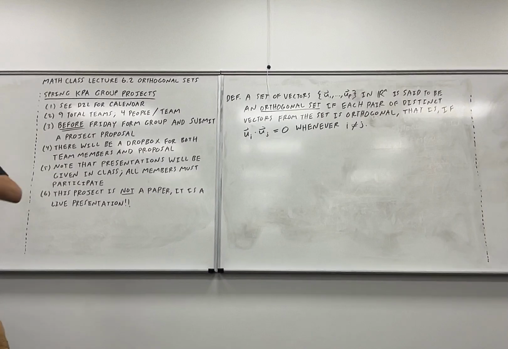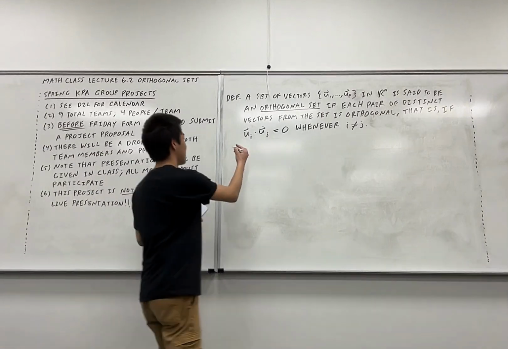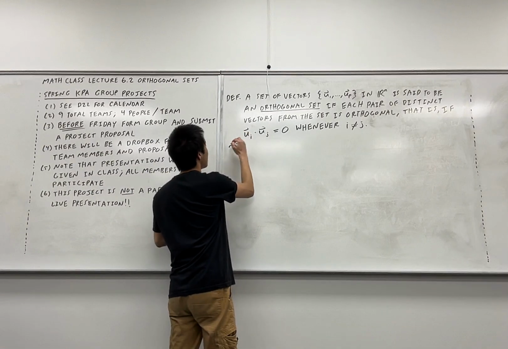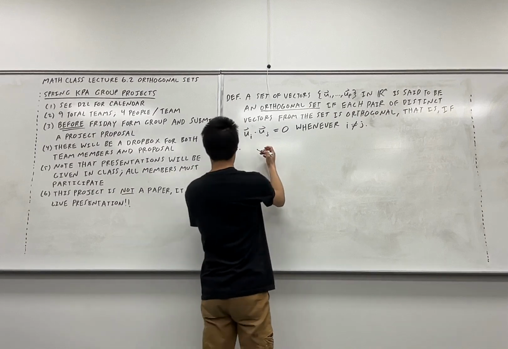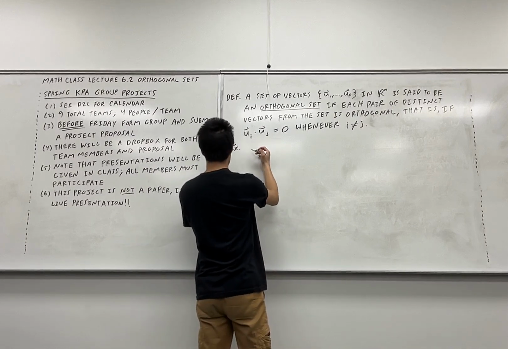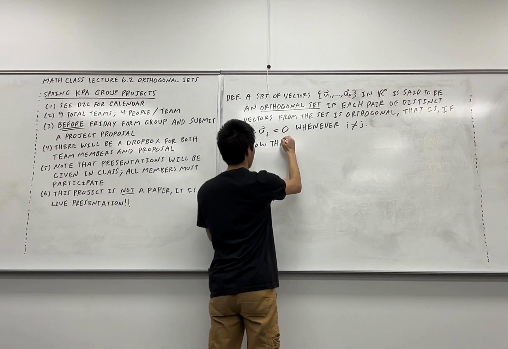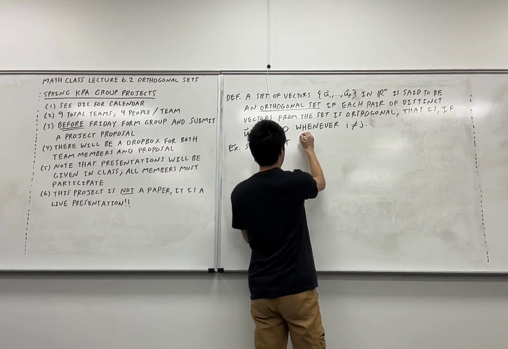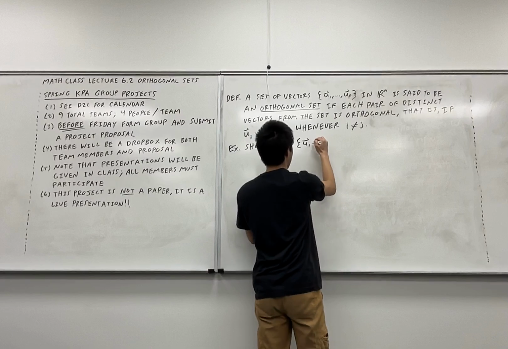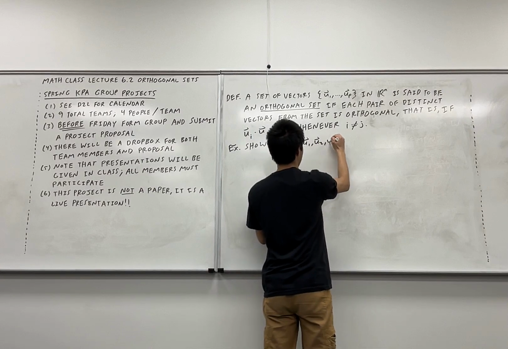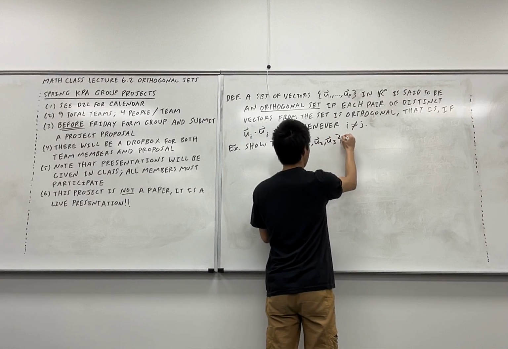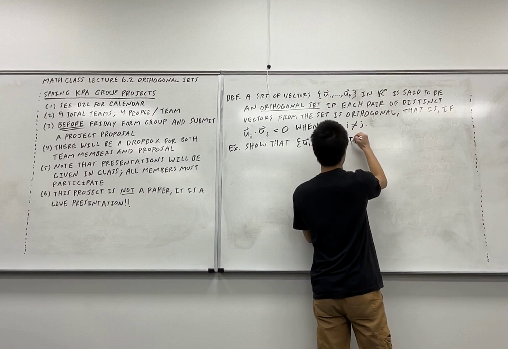Again, these definitions, there's a lot of words. They don't make as much sense as just doing an example. So, go ahead and follow along here. Let's define an orthogonal set. So let's show that the set of vectors, and we will provide explicit definitions for these in just one moment, U1, U2, and U3 is an orthogonal set